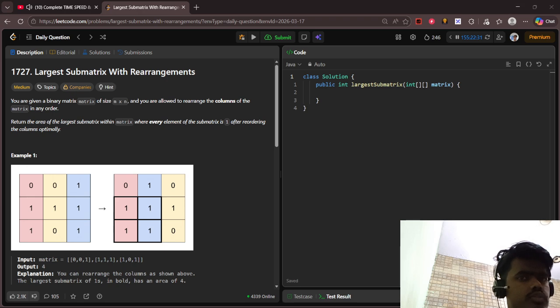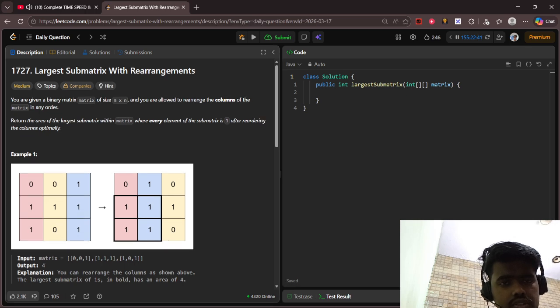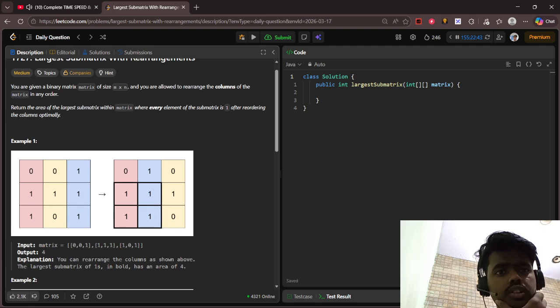Okay, this was the question, 1727, the largest submatrix with rearrangement. This was the medium level question. The question says you are given a binary matrix of size m into n and you are allowed to rearrange the columns of the matrix in any order. Return the area of the largest submatrix within the matrix where every element of the submatrix is 1